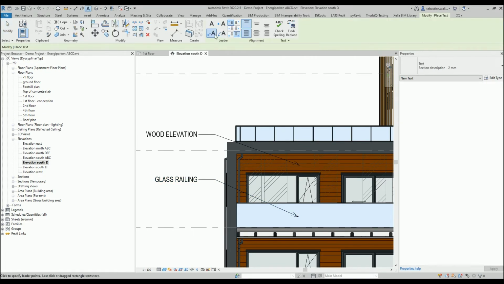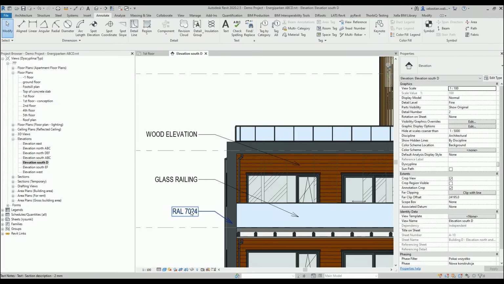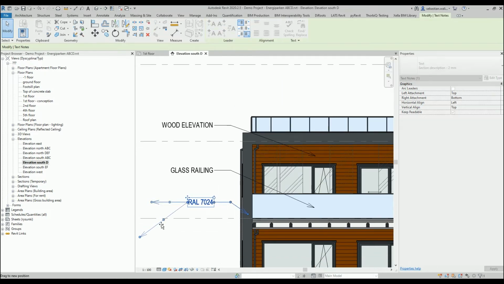So let's add another text. Once again with the leader, so click 3 times and write RAL 7024. And to finish, just click the empty space. If we would like to add another leader line, no problem. You have to select the text and go to the ribbon and add a right side straight leader or left. And the leader appears automatically, so by dragging the dots you can edit it freely. Let's add a leader on the right side. Drag the arrow to the rain